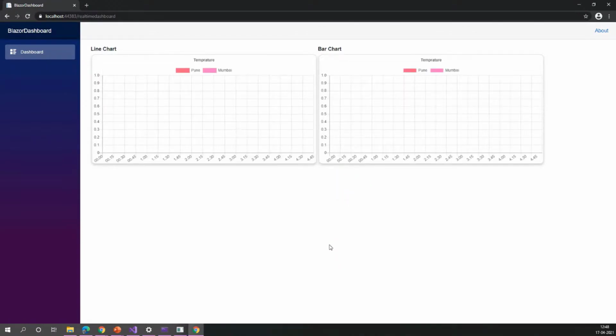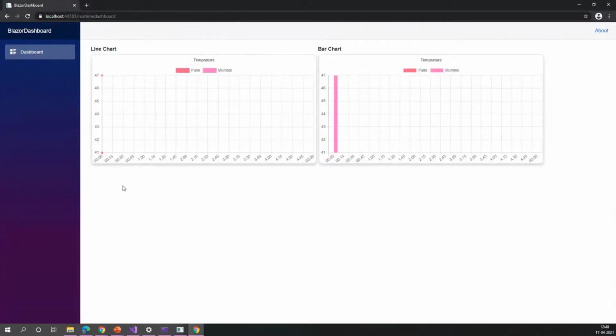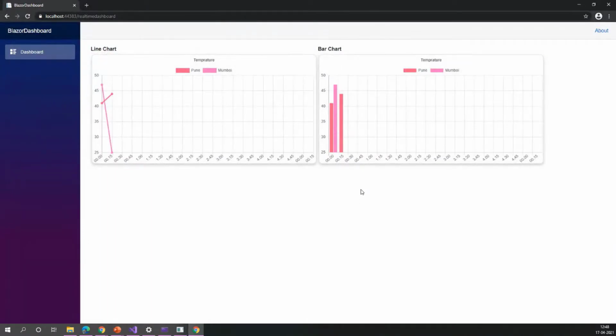Okay, and here it is. Let me disable this. Here it is. You can see the chart has been updated. Let me delete this. So continue. And yeah, here you can see.